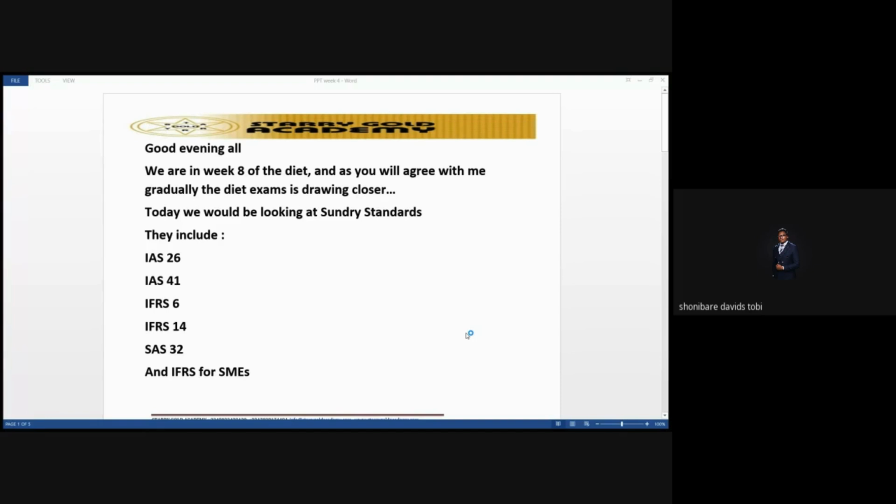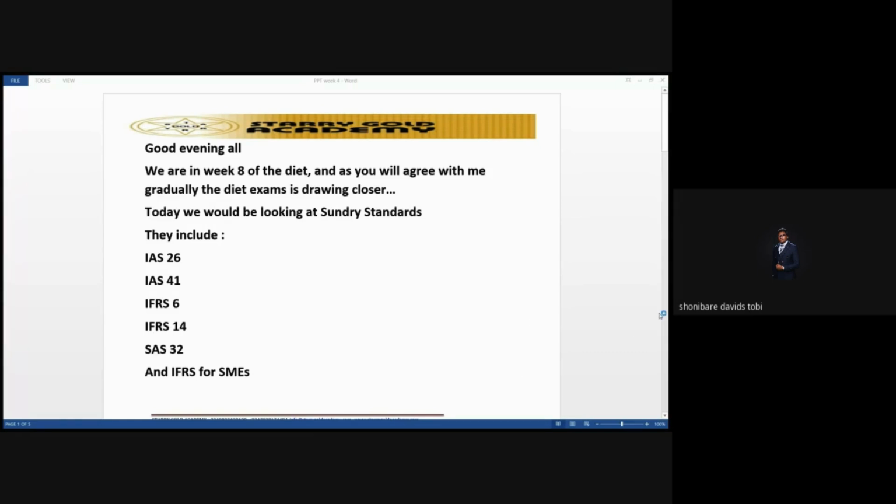That's why you see that many times I throw questions just to refresh us. So who can actually help us? What are the two types of plans that we have? IS 26 is just talking about something similar to what IS 19 spoke about, so it should not be something new. Types of plans. No one to help? No one to unmute? Or go to the chat box. Just type it if you cannot unmute or talk. I'll wait for us to do that. What are the types of plans that we have? Okay, let's move on. No one is saying anything.